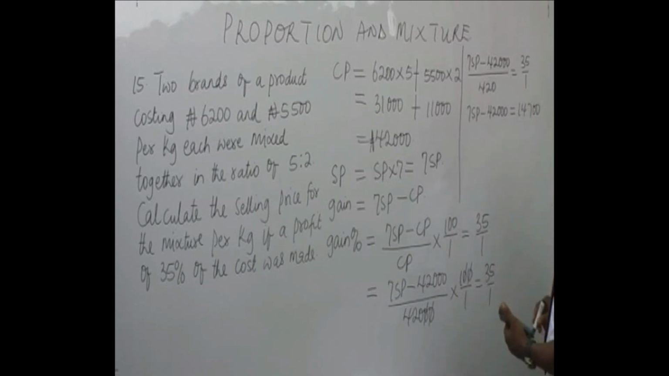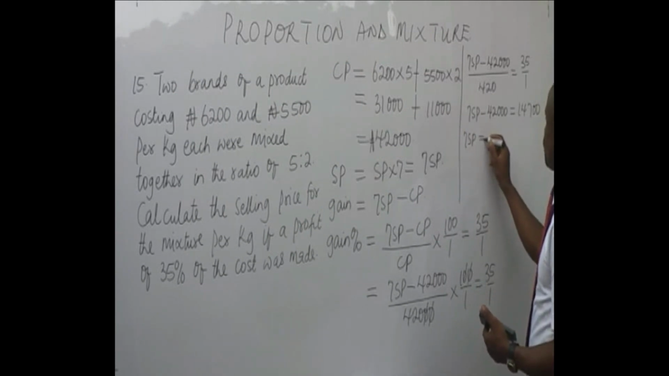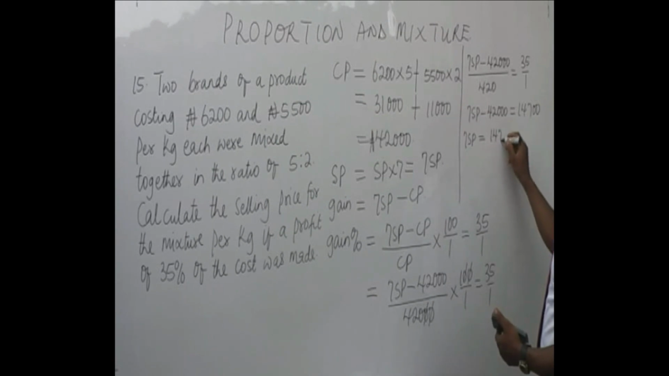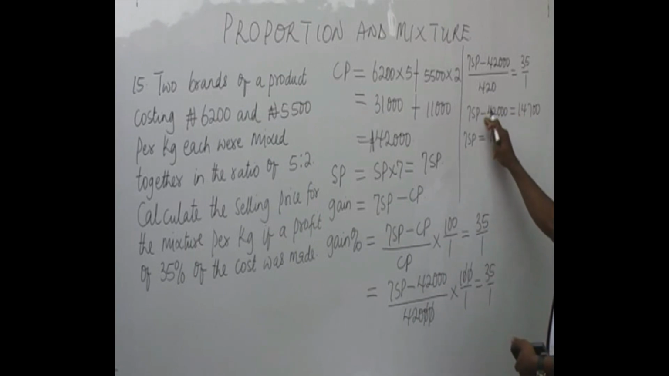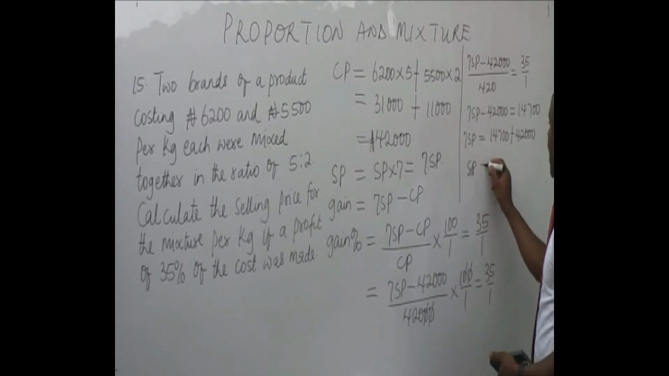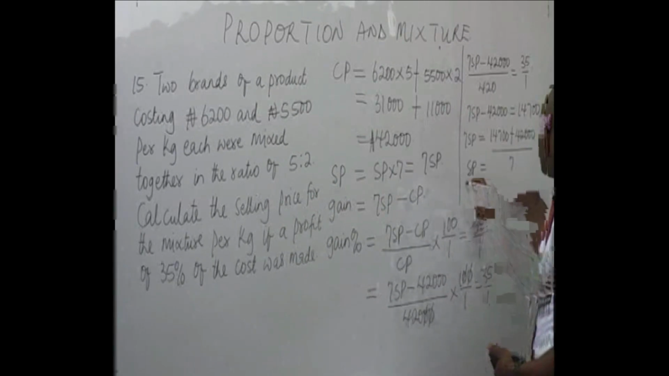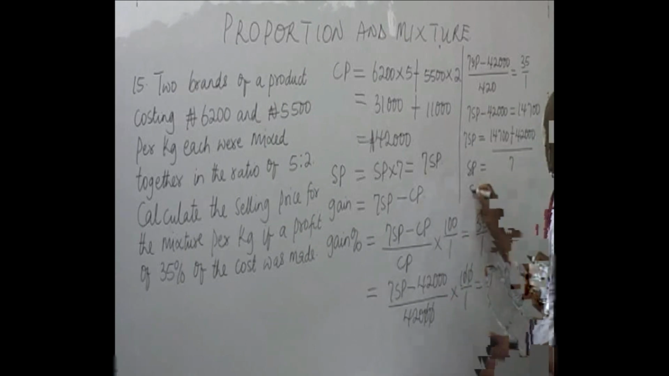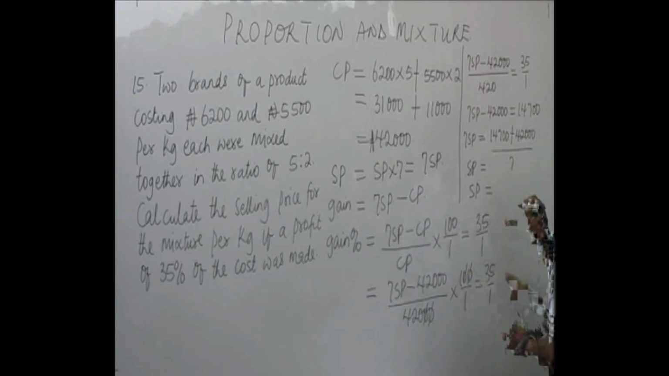14,700. So now that means our 7 SP is going to be 14,700, the one already on the right hand side of the equation, minus 42,000 coming over, we change to plus 42,000. Means our SP is going to be this plus divided by 7. Let's find, 2,000. It gives